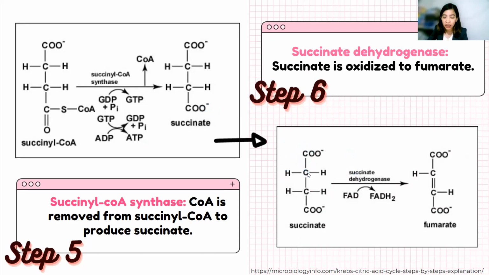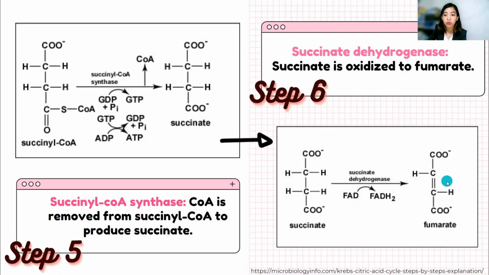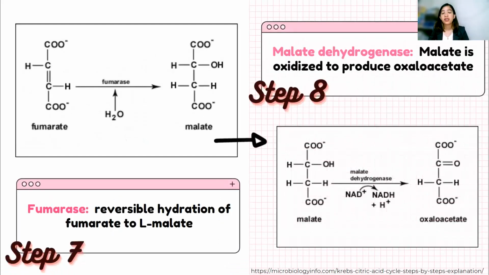fumarate. Along with it, nagkakaroon ng conversion from FAD to FADH2 kung saan yung hydrogen molecules are removed and react dun sa FAD to form this double-bonded molecule, which is the fumarate. For the seventh step naman, we have this fumarase enzyme kung saan nagkakaroon ng reversible hydration ng fumarate